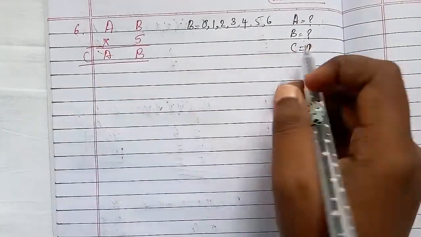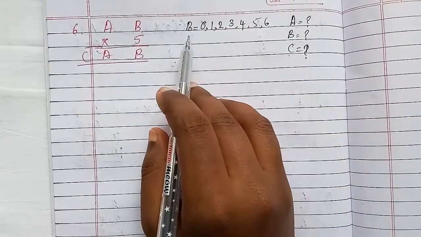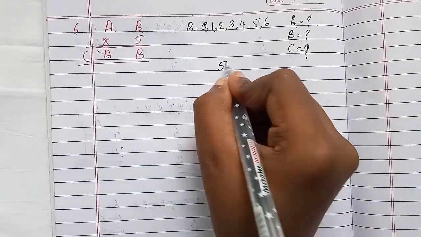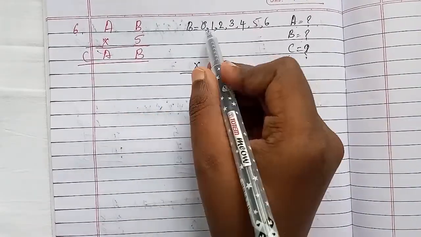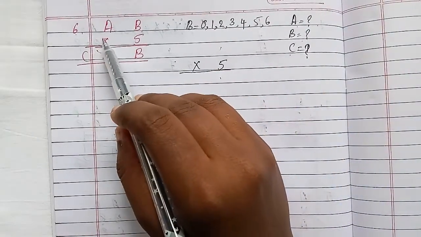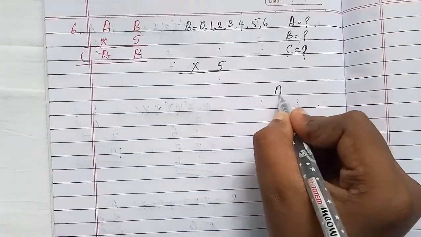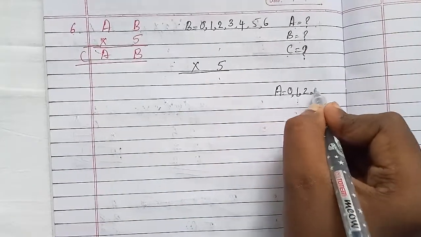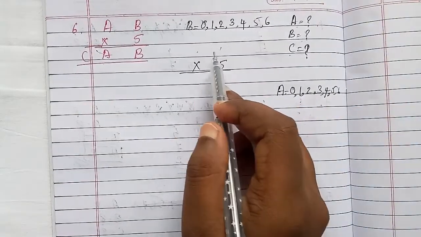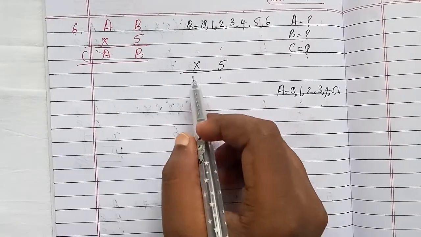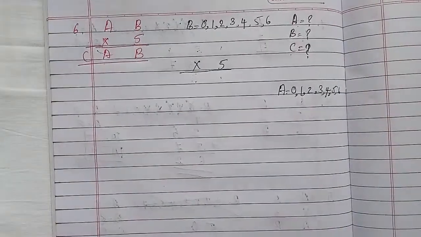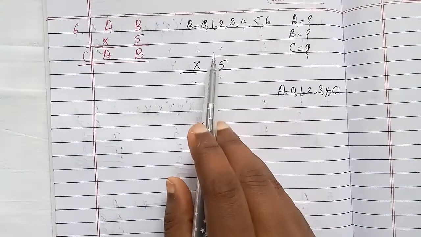Problem number 6. We did not know the value of A, B and C. I will take the value of B is equal to 0, 1, 2, 3, 4, 5. Instead of B, I will take the value of B is 0. 5 zeros are 0 because 5 zeros are 0 is formation, but in the place of A, I will take the value of A is equal to 0, 1, 2, 3, 4, 5 and 6. See, 5 2s are 10, 5 3s are 15. The answer is also A. The question is also 5 3s are 15, 3 and 5.